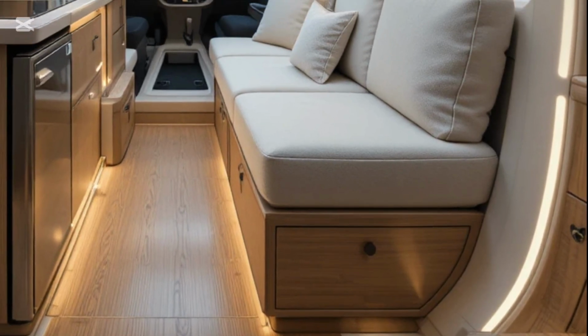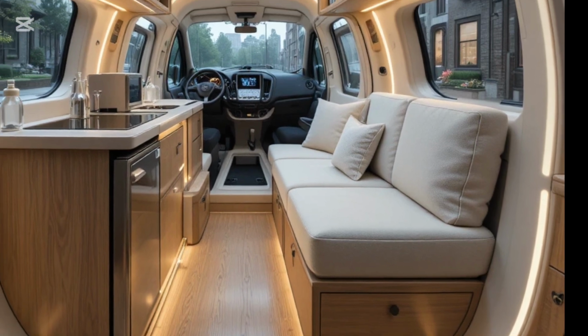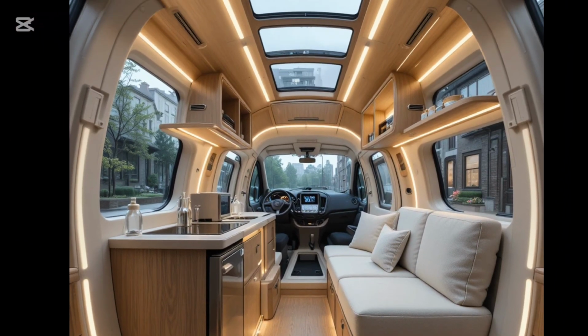So, could you see yourself living in something like this? Maybe not full-time, but imagine taking it on a weekend adventure, pedaling to a quiet lakeside spot, setting up